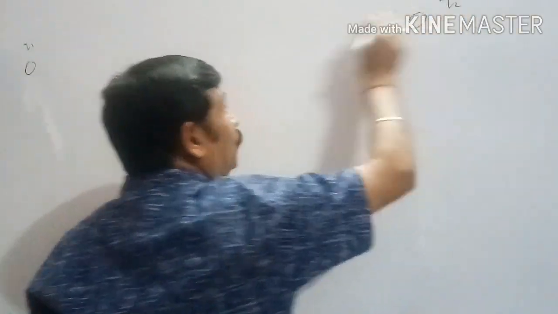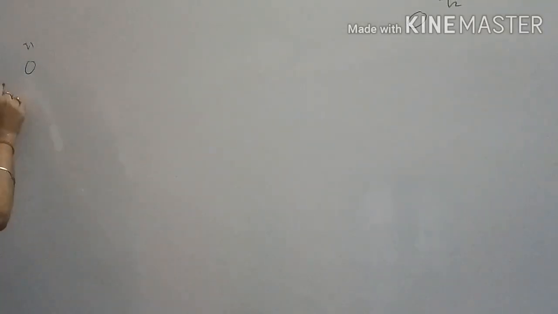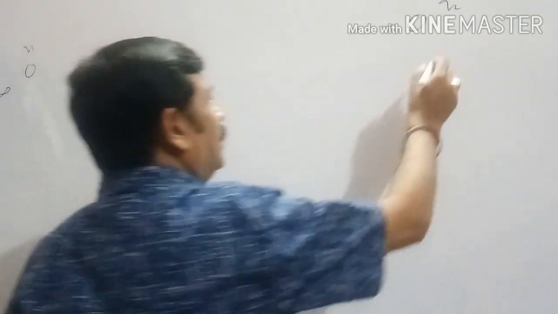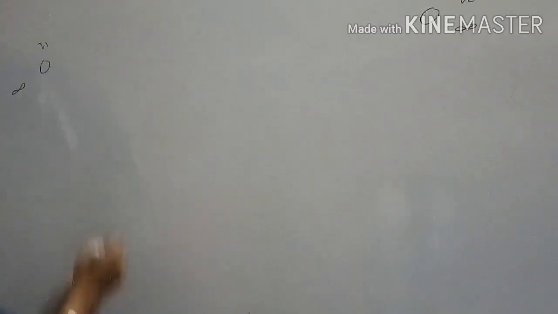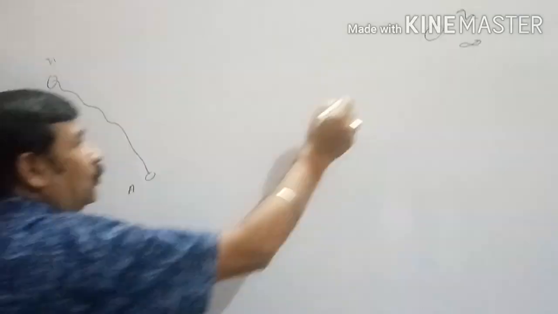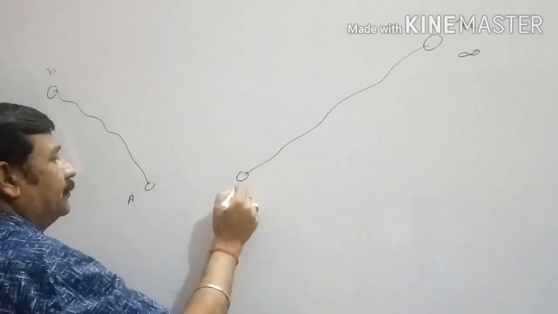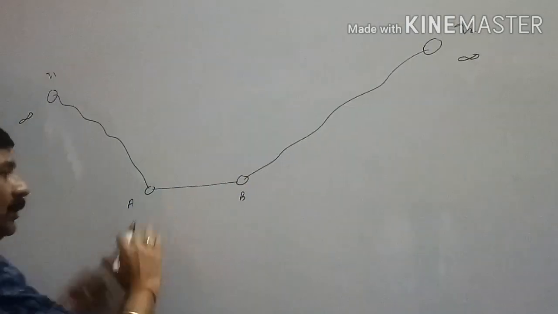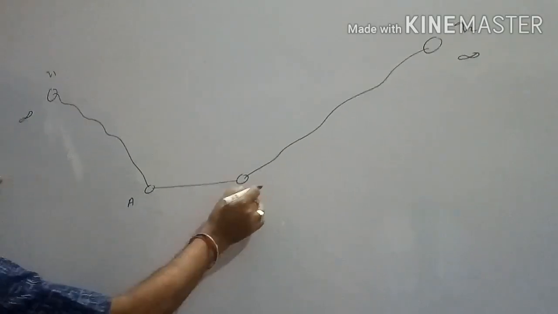Dear students, when we keep charges at infinite distance from each other, between them no force acts. It means they are not forming a system, because for the formation of a system, between the charges there should be some interactive force, either of attractive nature or of repulsive nature. But if we shift these charges from infinity to some point close to each other, now they will exert force on each other, hence they will form a system.